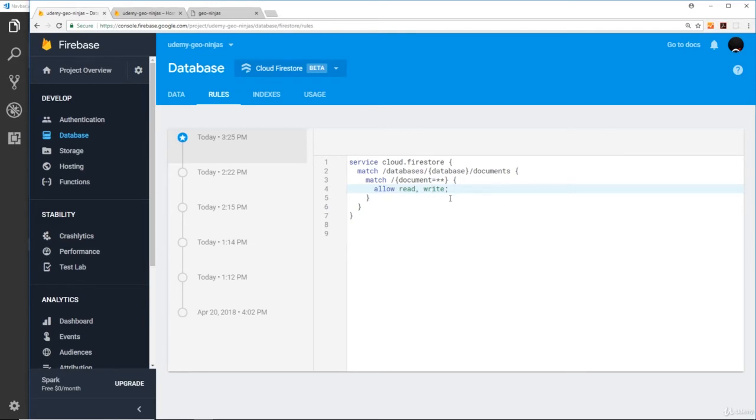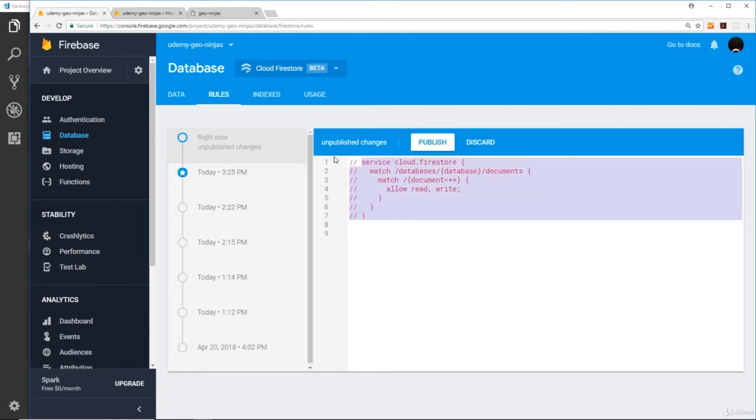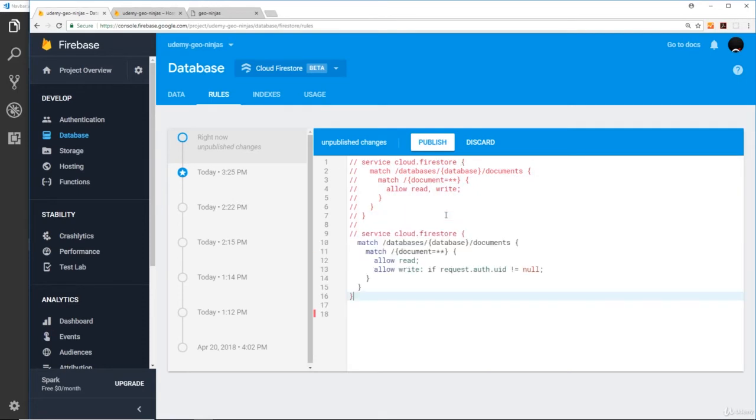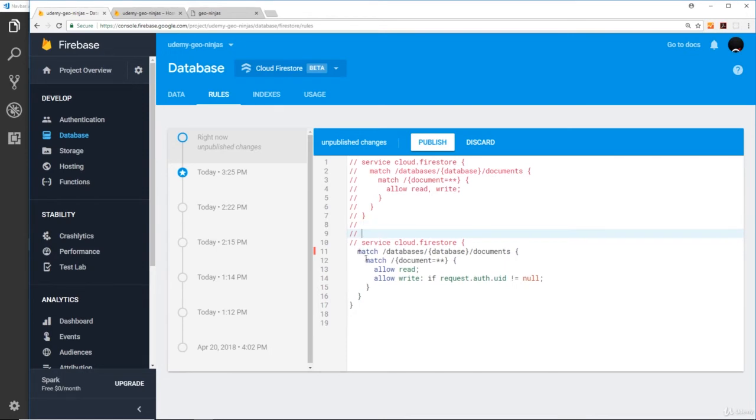So let us now comment this stuff out. And what I'm going to do is paste this stuff in right here. So what I'm saying now, let me just get rid of this comment at the top, is the same thing. We're saying service is the Cloud Firestore. We want to grab the documents first of all, and we're matching every single document. Now we're allowing anyone to read those documents. We'll place a semicolon here, and we're only allowing people to write it, and then we place a colon to say a condition if the request that a user makes